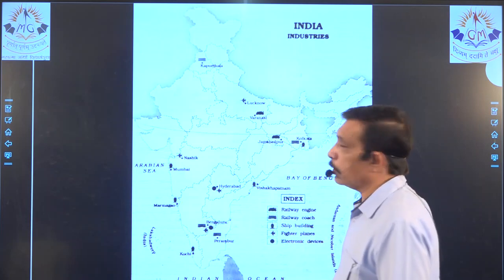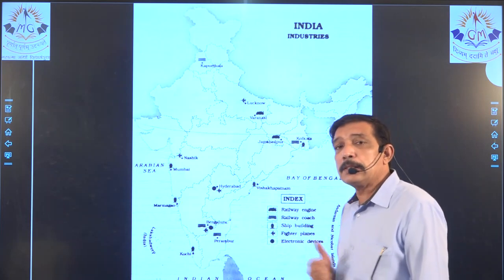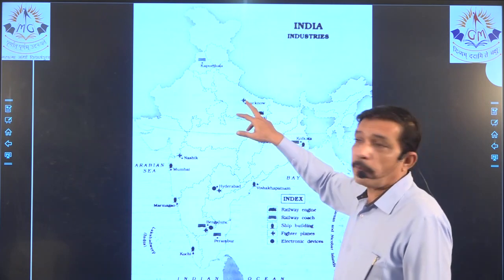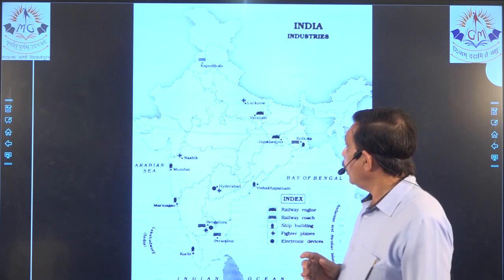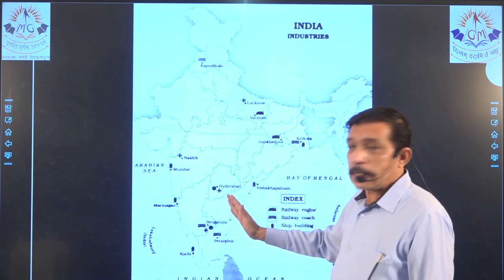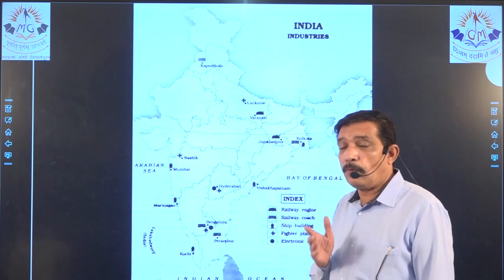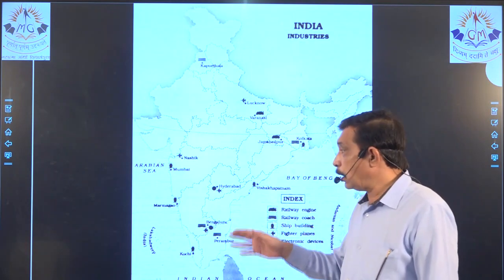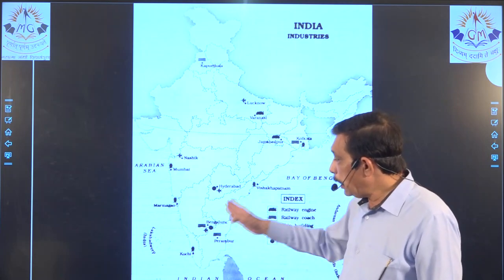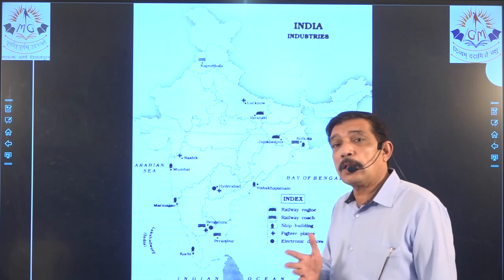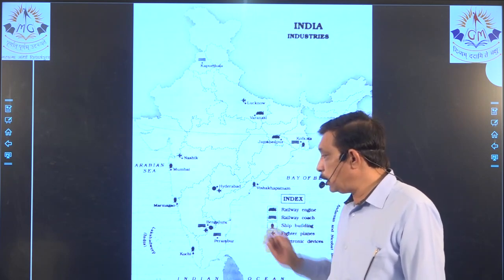Then fighter planes. We don't produce entire fighter planes. Yes, indigenous helicopters, fighter planes, they are made. Parts of them are made. First one to remember in the north is Lucknow. Then we come directly to the south. Now, Hyderabad is a very important aviation industry hub, many of it is there. Then very important is Bengaluru, because Bengaluru is the hub of both electric and electronic industry, right? So it's very easy to mark over here.